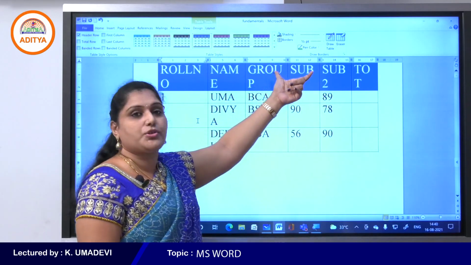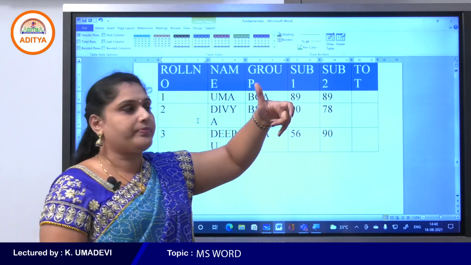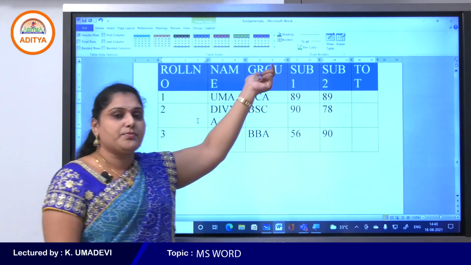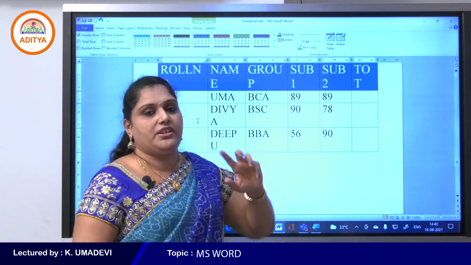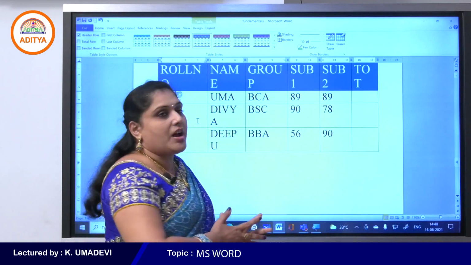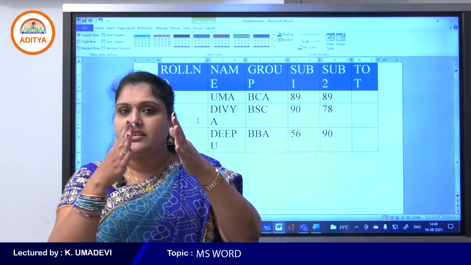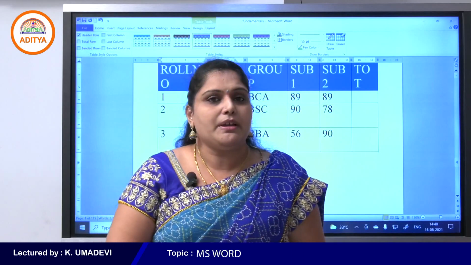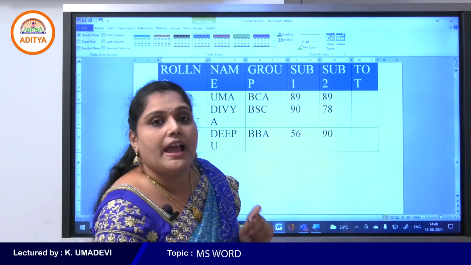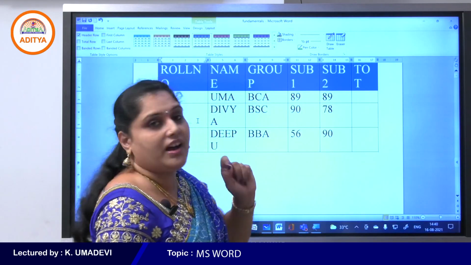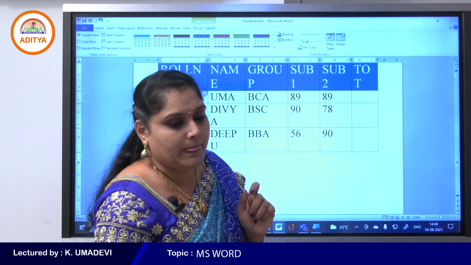See, draw borders group contains table styles, border styles, border width, pen color, draw table and eraser. So these commands are available on draw borders. We can simply draw any type of borders by using pen symbol. Okay students, we can erase it by using eraser. So this is about the design tab.